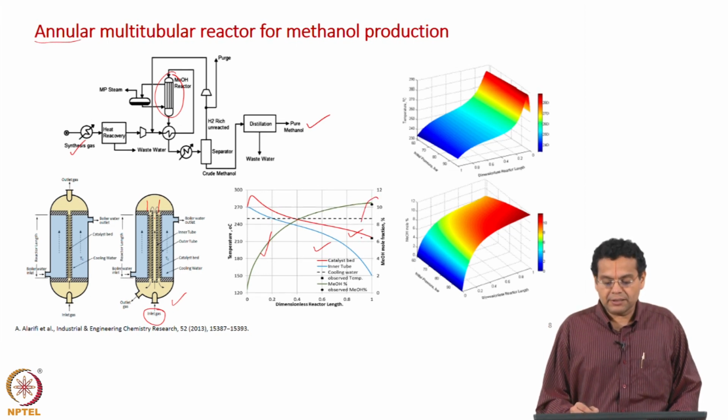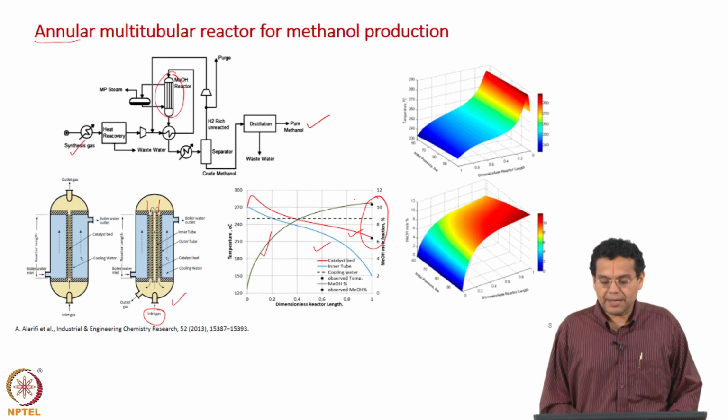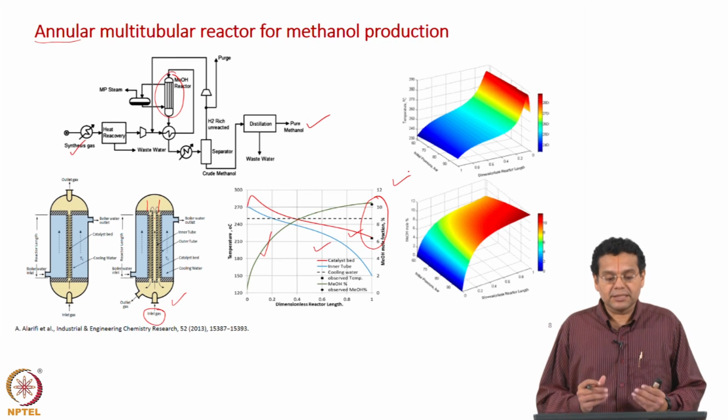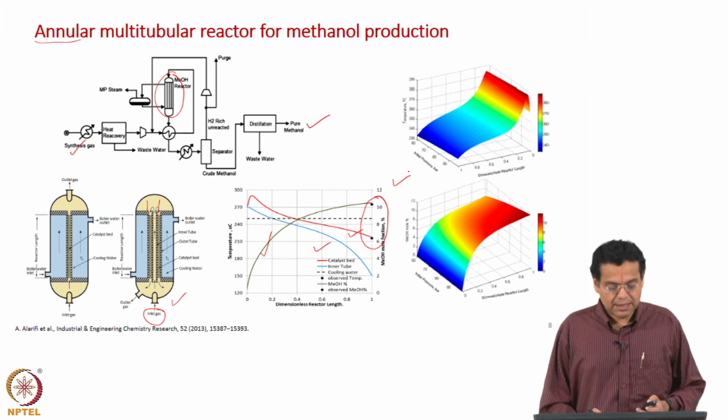They have also compared with experimental data. So, once the model is validated, we can use the model to study the effect of different parameters. For example, the authors study the effect of pressure on the temperature profile and the methanol concentration profile, so that you can arrive at the optimal operating conditions, and what is the objective, to maximize the production of methanol. So, that is where the conservation equations play a role, in this case energy balance along with the species balance equation.